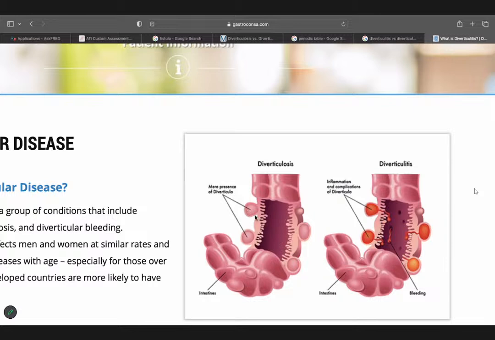And so what that means is that our patients have to be careful. They can't eat seeds, nuts, things like that, popcorn, right? Because those things are hard to digest. And so they can fall into these little pockets. Once they fall into these pockets, they can't get out. And so they sit there and they rot, and they become inflamed, okay? And that's when we end up with